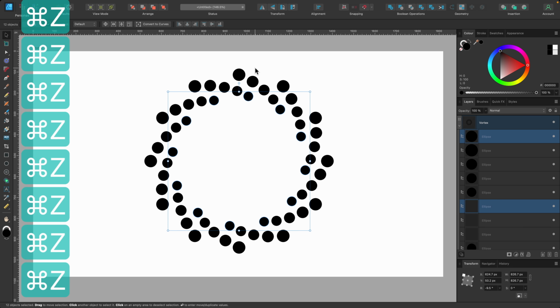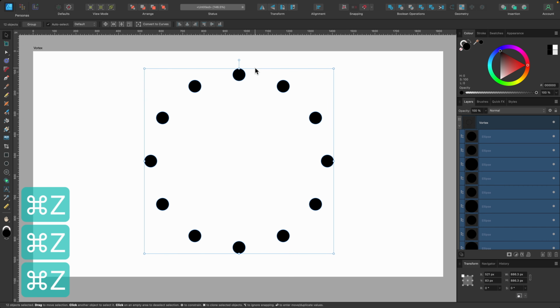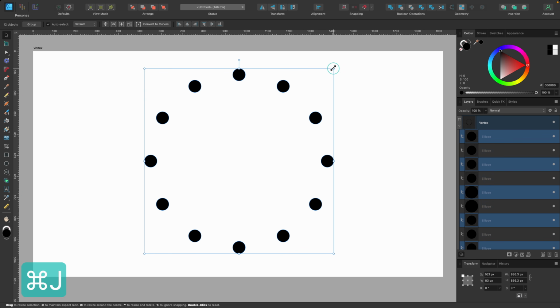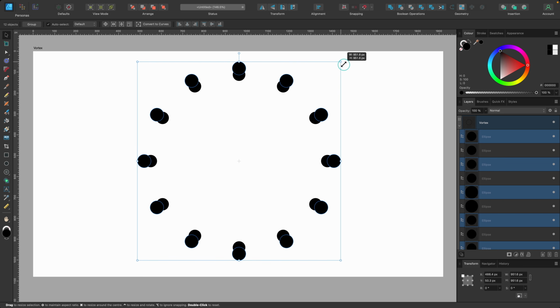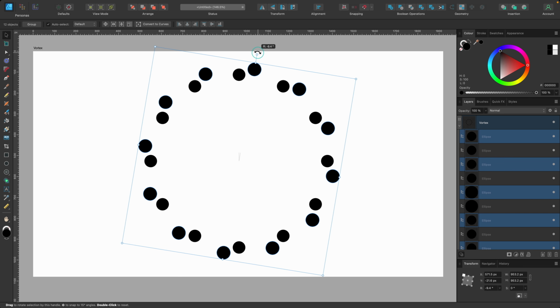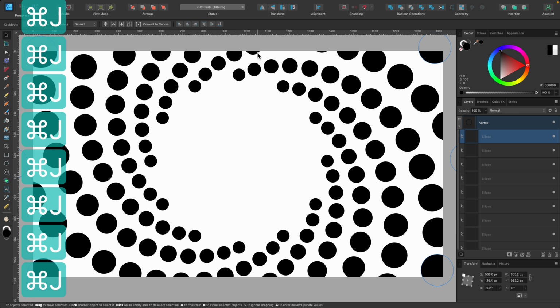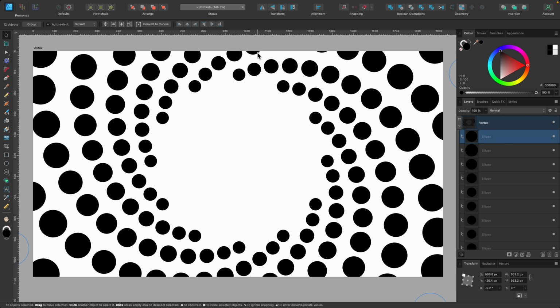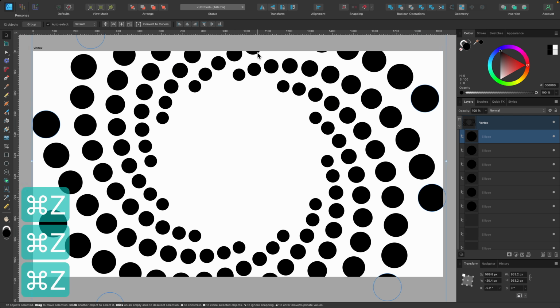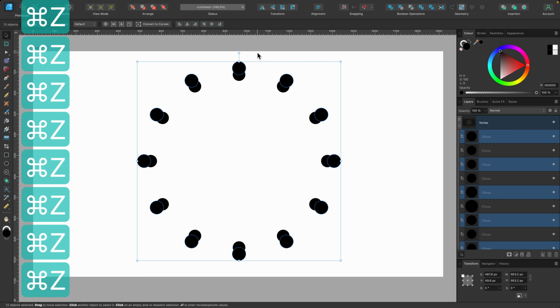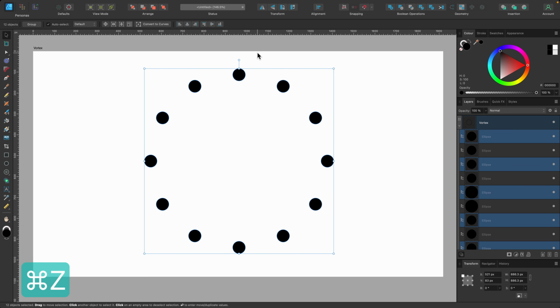Now, of course, I scaled down before, so all of them are selected. I scaled down. If I press Command J and I do the same thing again, but I scale up a little bit and just twist that around, it will power duplicate outwards like this. Okay, but each time I've created it, I have to press Command Z to go back if I want to try something new. So I do want to show you another way, but before I do that,